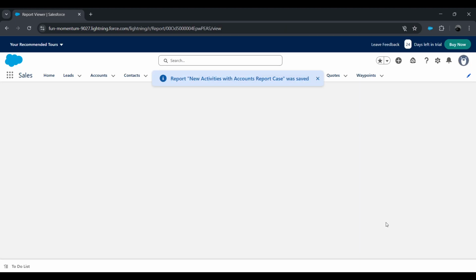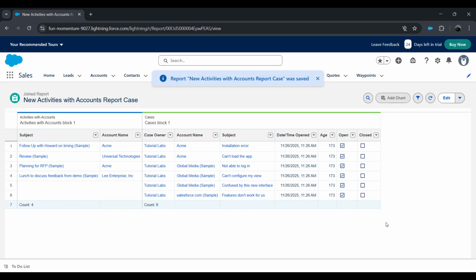And that's it. You've successfully created a joined report in Salesforce Lightning that combines multiple data sources into one comprehensive